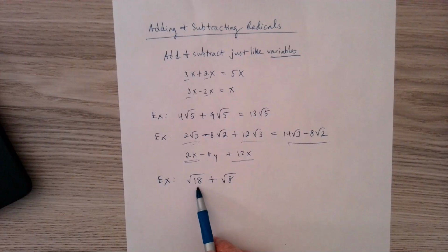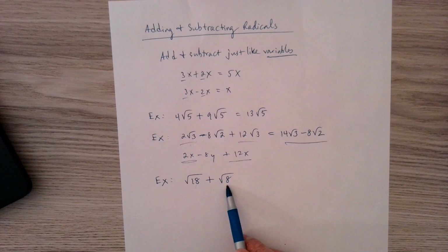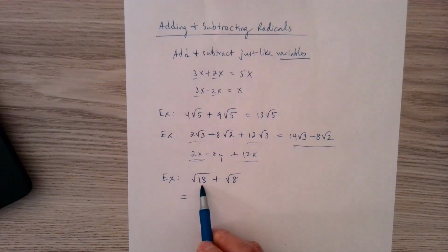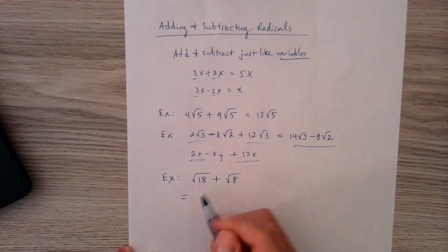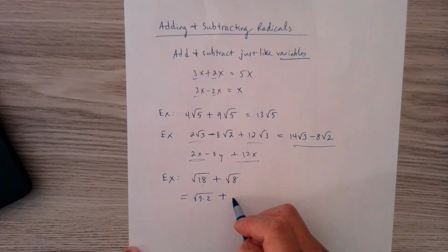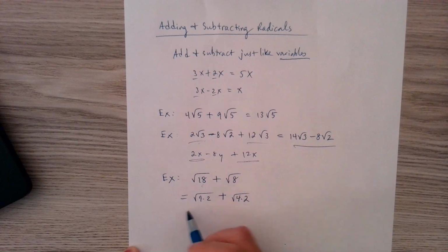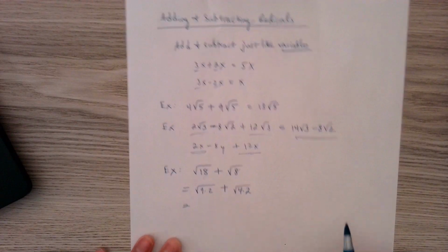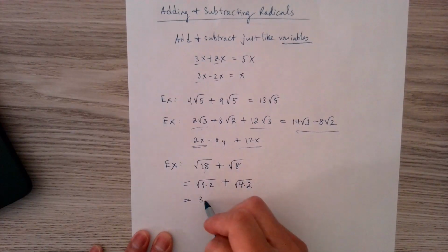So based on the first two videos, you should have a feeling that, yes, we can simplify rad 18 now. And I know in at least one example we've already simplified rad 8. So let's see what happens when we simplify both. 18 is 9 times 2, and 8 is 4 times 2. So the first rad simplifies to 3 rad 2,